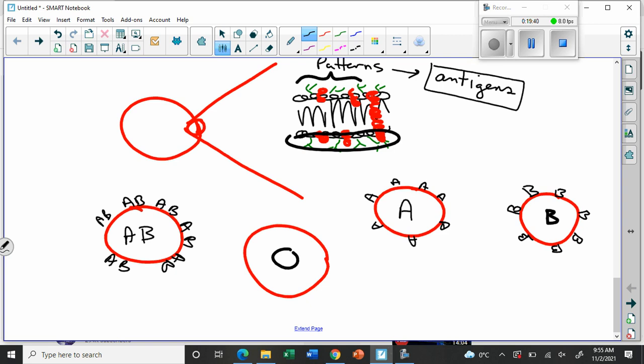Now the problem is, if you have type A blood and somebody puts type B blood into your bloodstream, when the blood cells bump together, the A and the B antigens will interact and cause the blood to stick and clot, because they're not meant to be in the same place. Now, what's funny is if you have the A and the B, it won't clot. So it all depends on what you've got. So if you have this one,